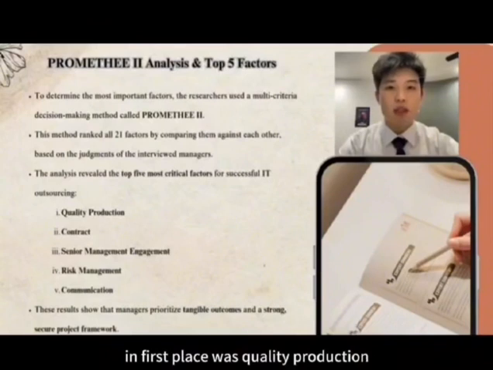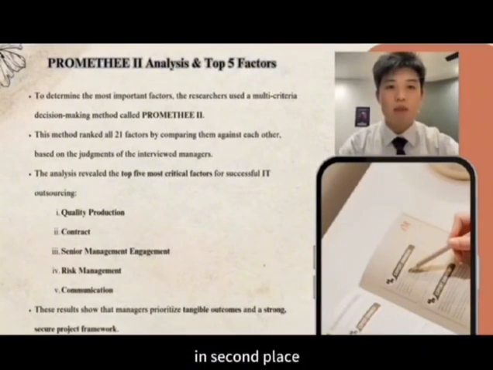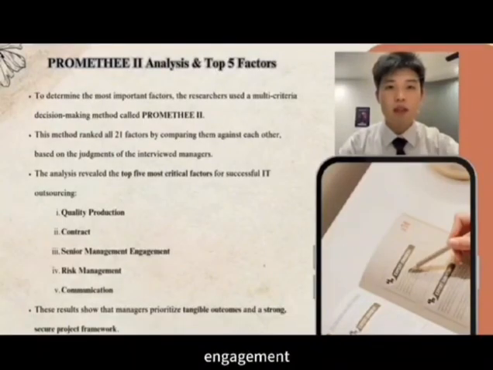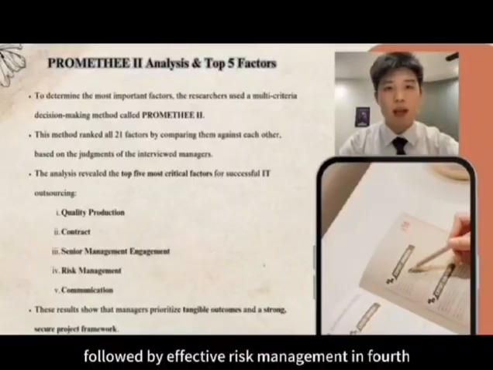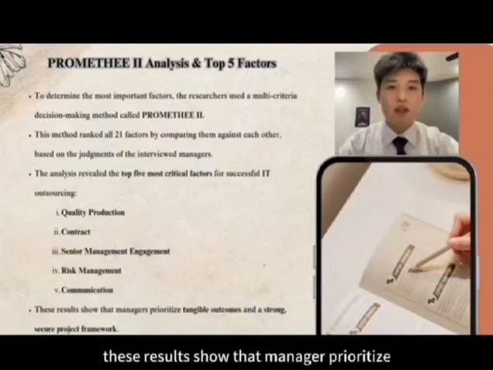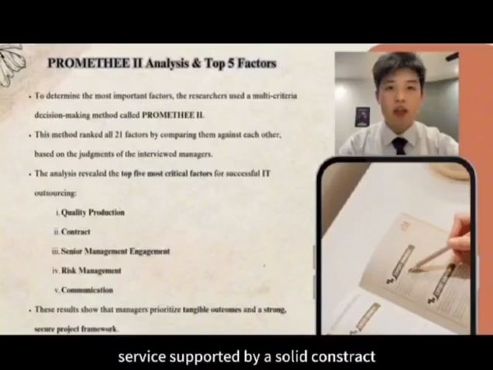In first place was production quality. This was followed by having a well-defined contract in second place. The third most important factor was senior management engagement, followed by effective risk management in fourth, and clear communication in fifth. What this tells us is significant. These results show how managers prioritize tangible outcomes and a strong, secure project framework. They are most concerned with the quality of the final service, supported by a solid contract, high-level commitment, risk mitigation,